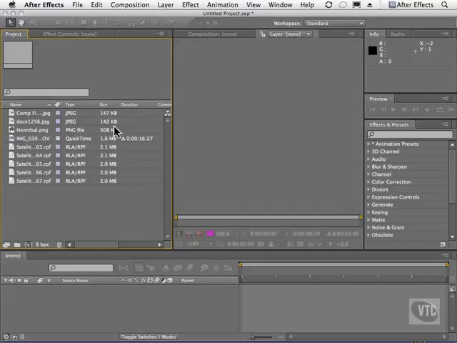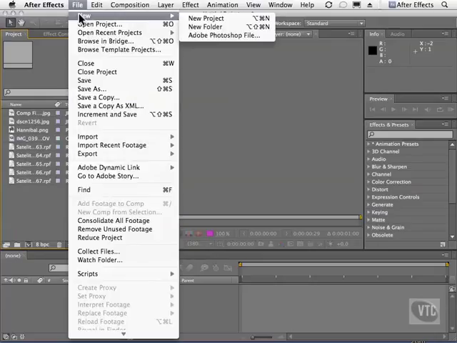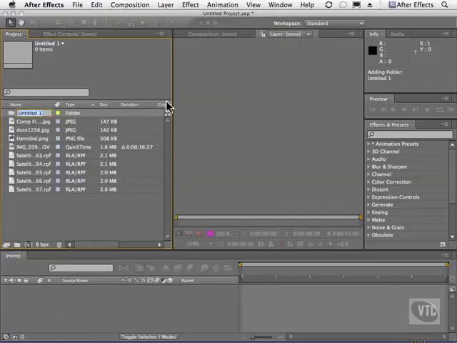So as you can see here, I have a couple of different things. If you look under the type here, I have JPEGs, PNG, QuickTime Movie, and a couple of other files. So what I can do is go down here to this little folder icon, or I can go to File, New, Folder, which is of course the long way, but you know me, I like to show you both ways, and you can name these whatever you want to. So I'll call this one RPFs,